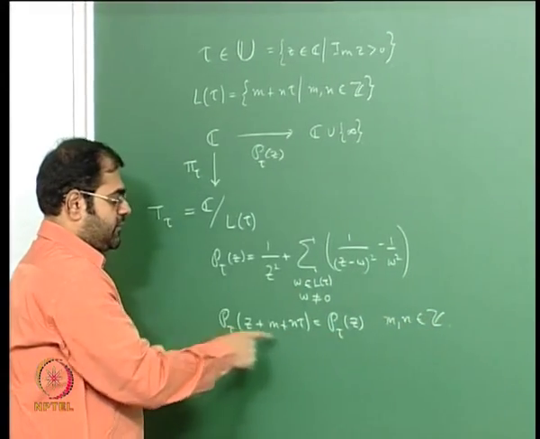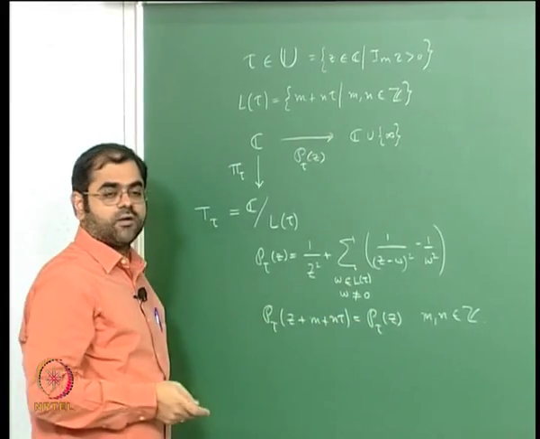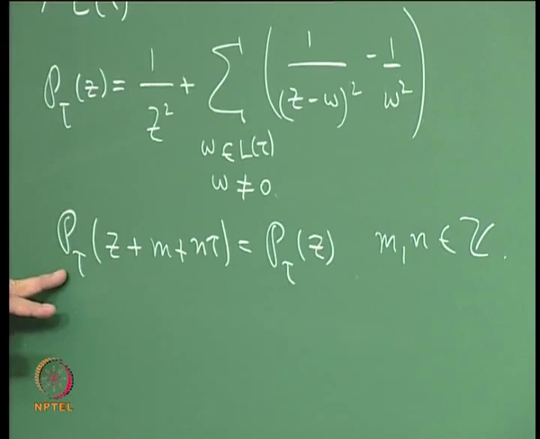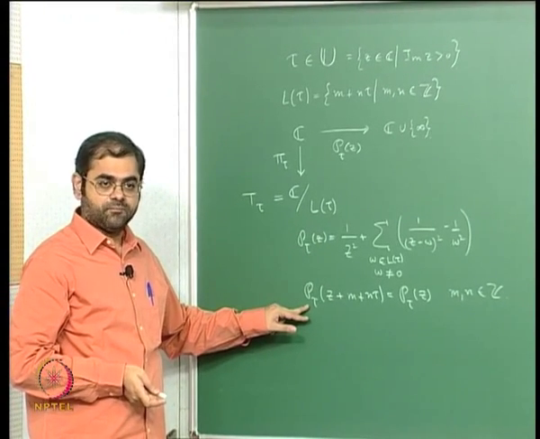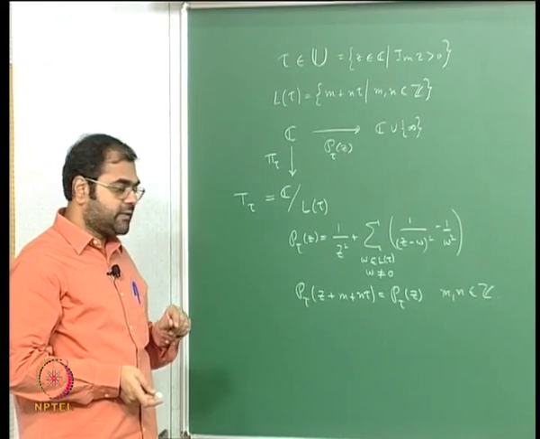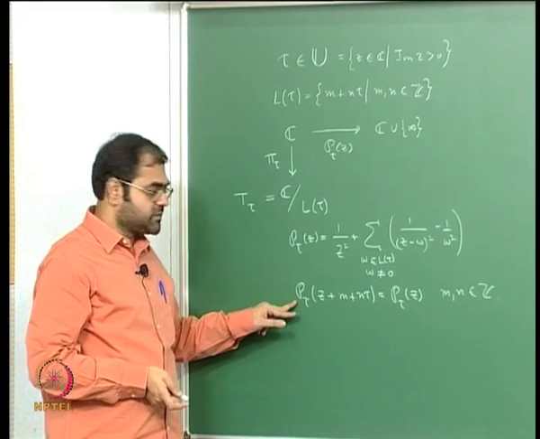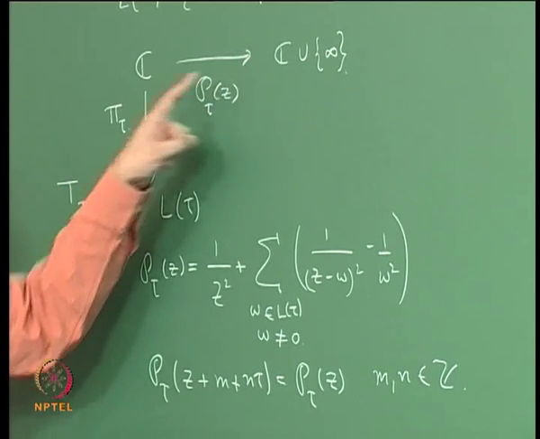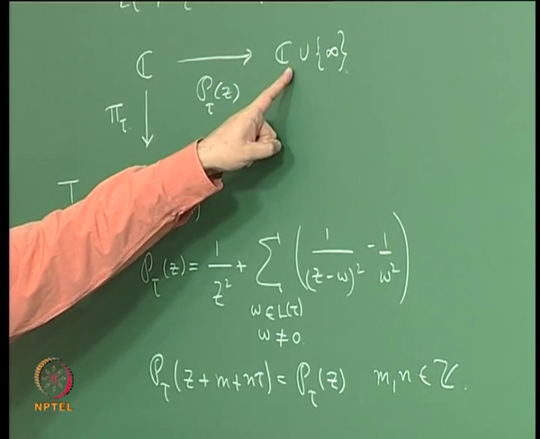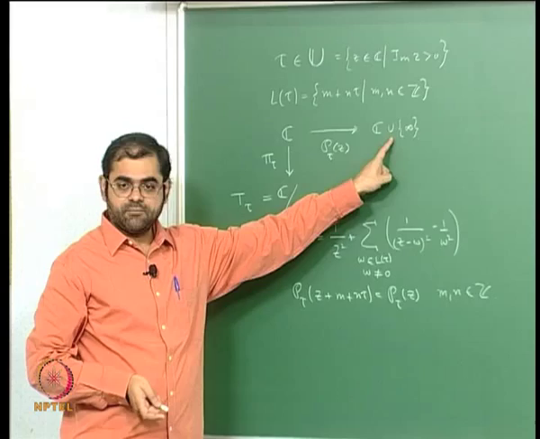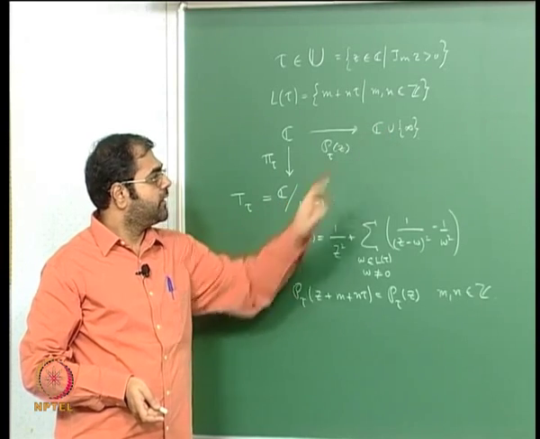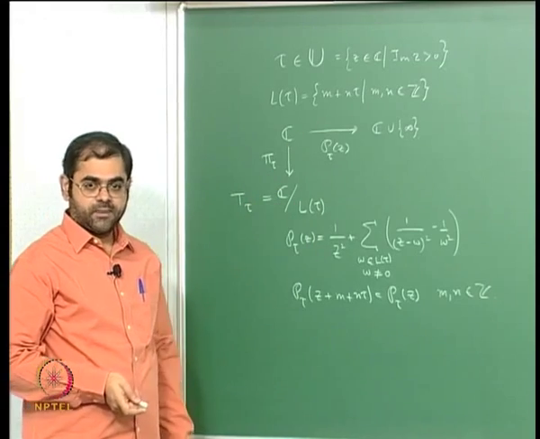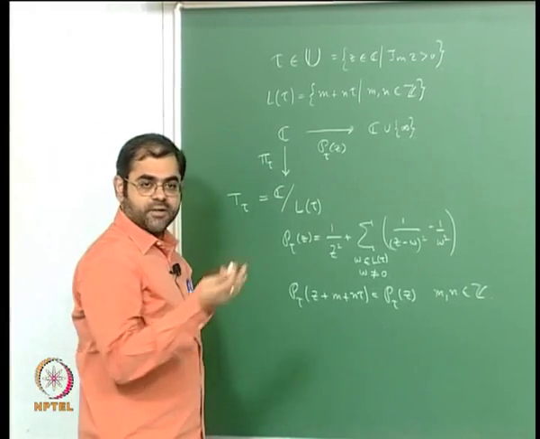It is assumed that z is not one of the lattice points, because at the lattice points the function is not defined, it is a pole. As z tends to any lattice point, this quantity goes to infinity, and that is the reason why we write this map as a holomorphic map into C union infinity, which is the Riemann sphere, given the natural complex structure on the Riemann sphere that we have already seen.